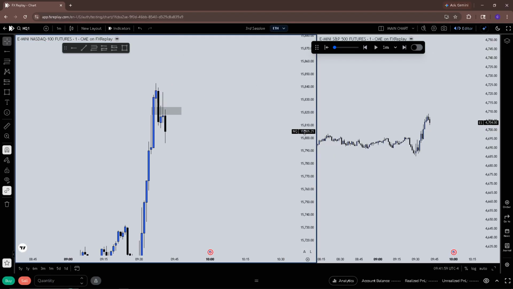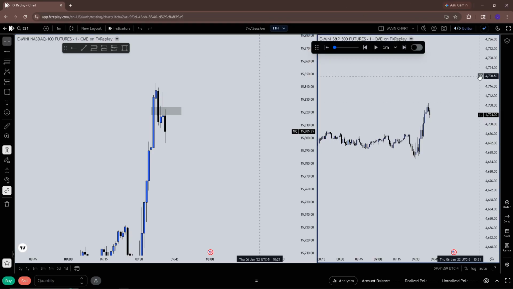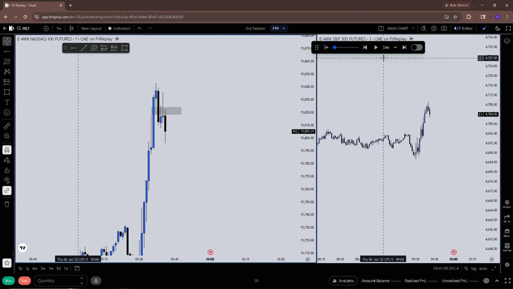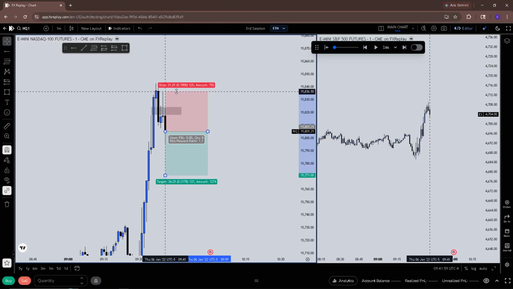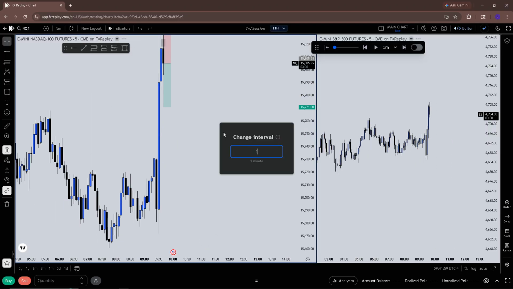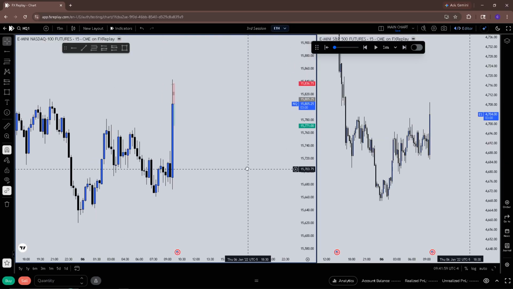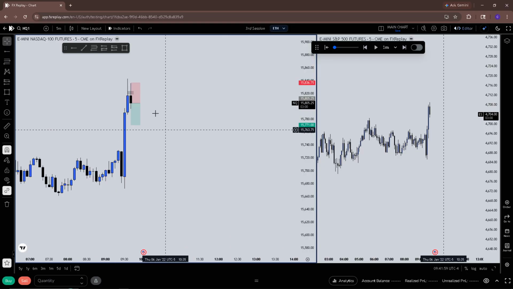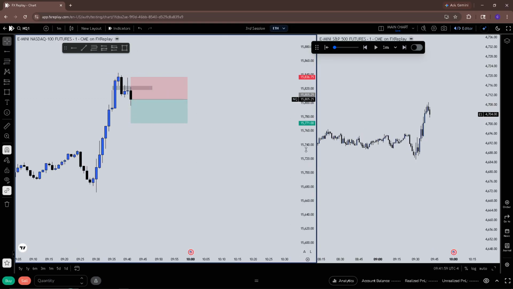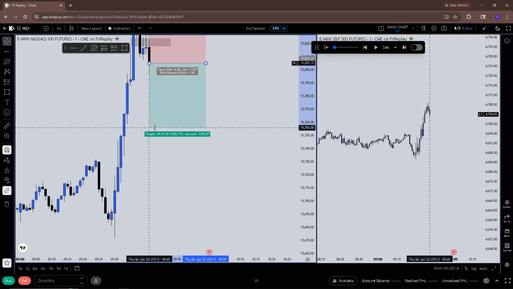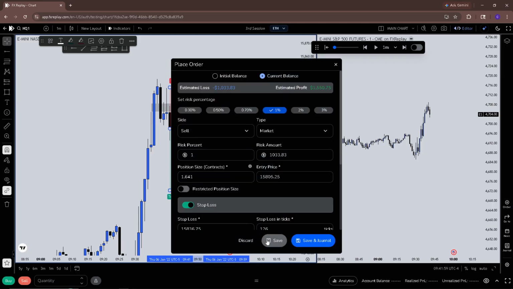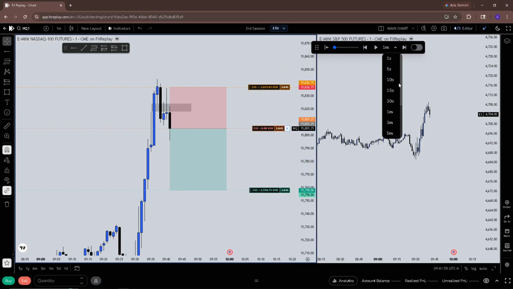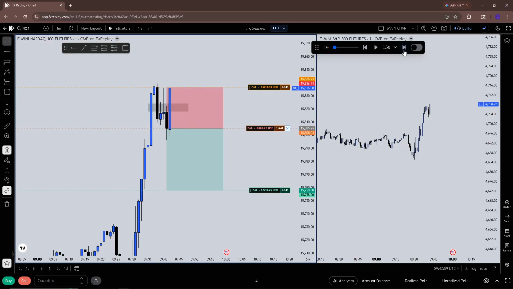Is that this candle close? Where's my timer? Don't I have a timer? Whatever, I'm taking this. If this candle didn't close, I'm cooked.